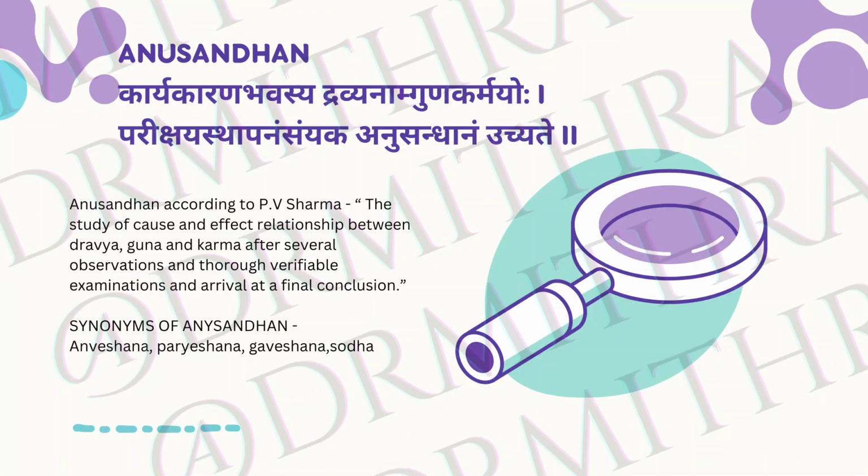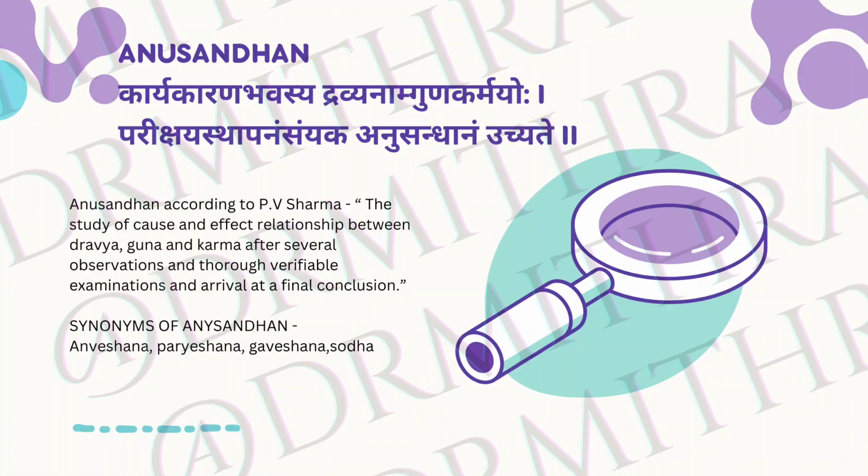And coming to the Ayurvedic perspective of research, we call it Anusandhana. Anusandhana is the term used for research in Ayurveda. In Sanskrit, Anusandhana refers to the systematic investigation of the cause and effect relationship between dravya, guna, and karma. There is a sloka which is Karya Karana Bhavasya Dravyanam Guna Karmayoho Parikshya Sthapanam Samyak